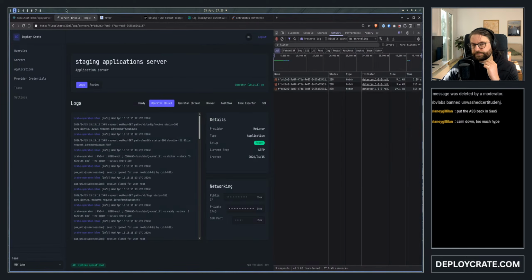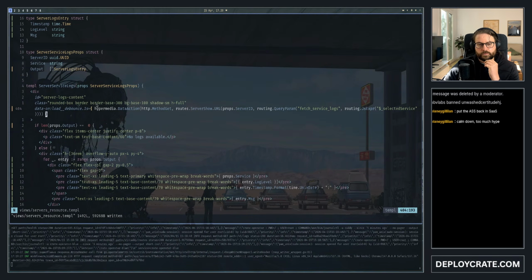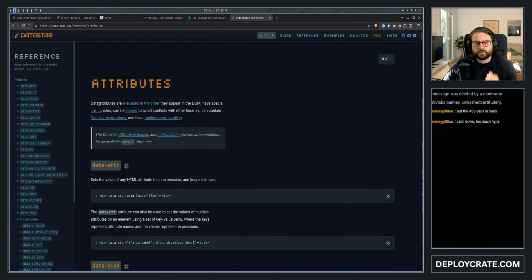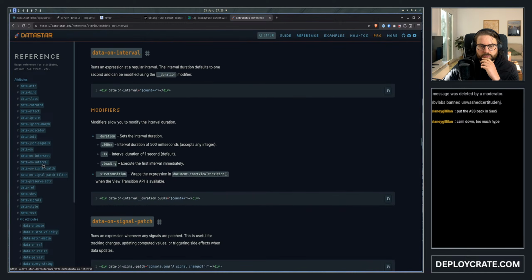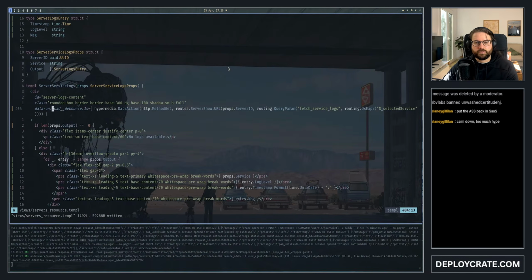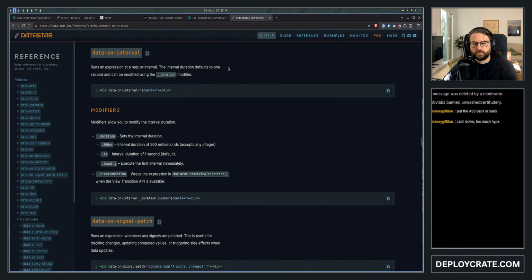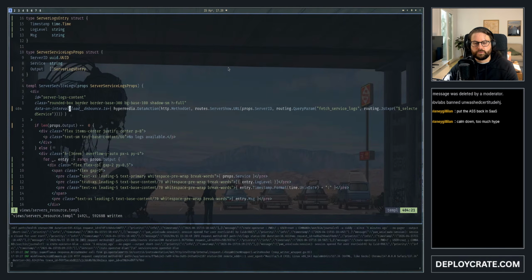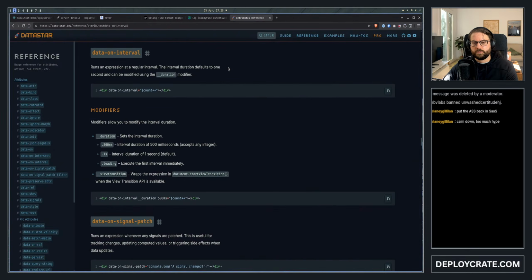Okay. I am going to be doing this with data on interval. That's probably the one I want, right? Duration, data on interval, duration,